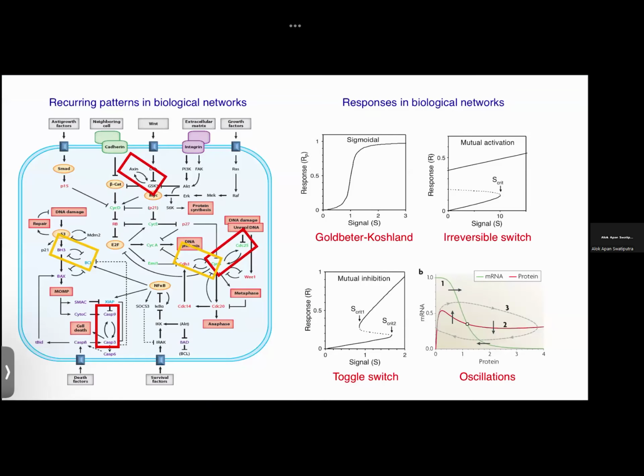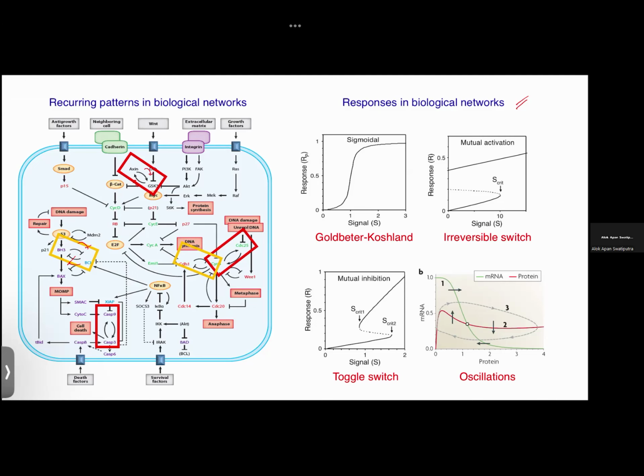So, what we had discussed yesterday is about two major things. One is what are the recurring patterns in biological networks, where we had identified certain modules which we call network motifs. I think you can now identify these are double positive, these are double negative, and these are widely repeated across different cell lines, different biological processes, regulatory mechanisms. And we had also looked at some of these modules individually and got into an introductory idea of how these motifs manifest in terms of your physiological expression, in terms of signal